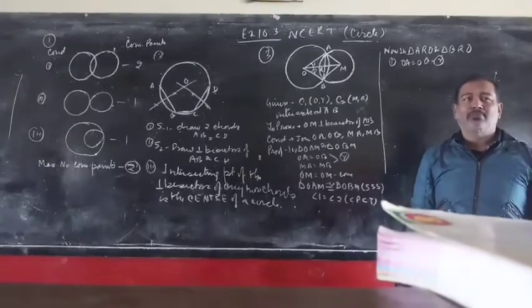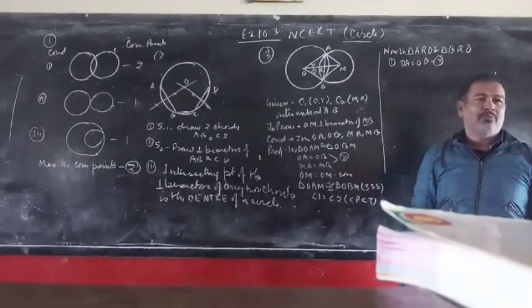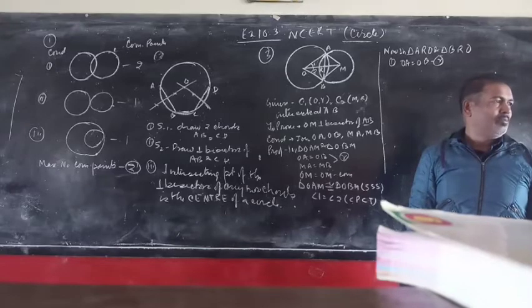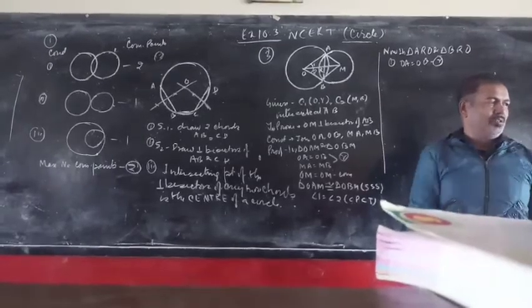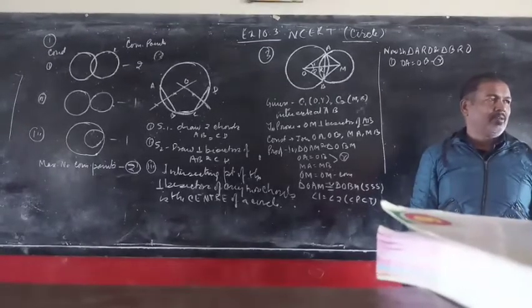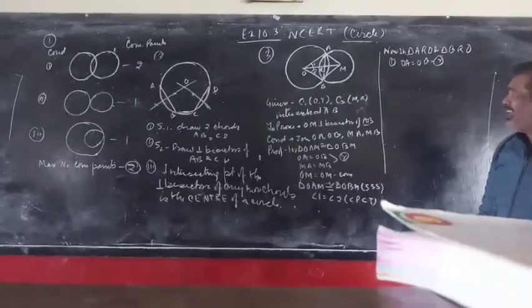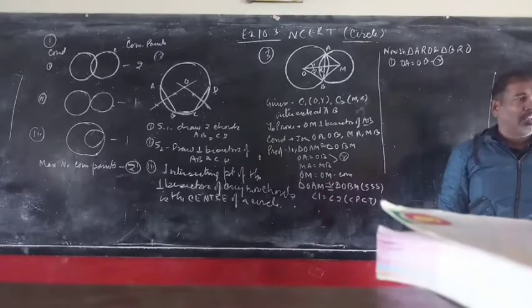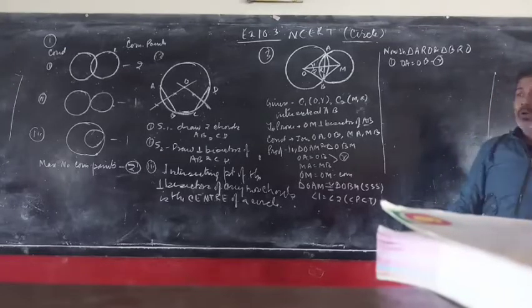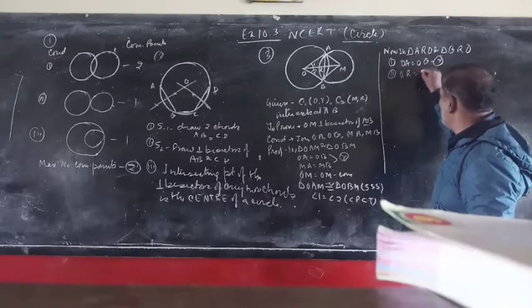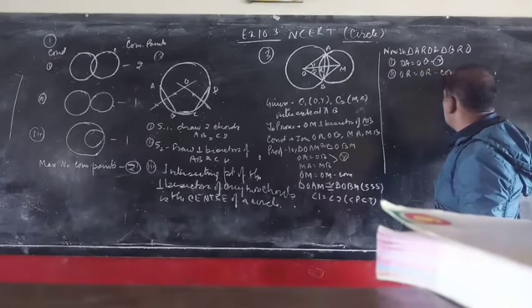Second point. Middle row. Second point, middle row. All are sleeping. Third row. Krish: The common point, RA and RA, both are common. Yes. Now we have taken OA, OR, very good. OR is equal to OR because it is common.